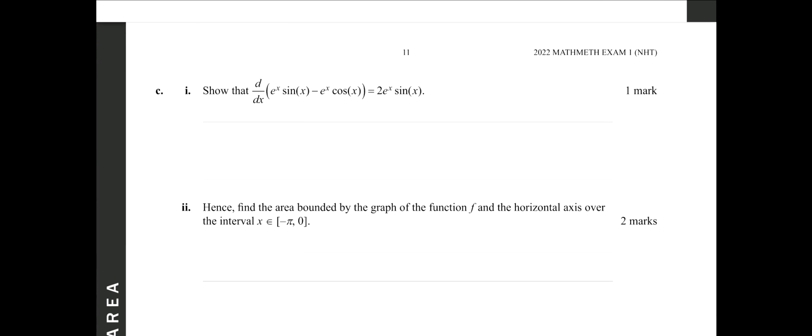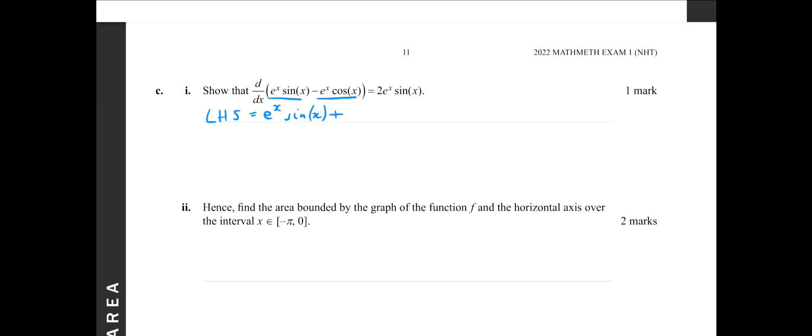Right, C part 1. Show that d/dx of e^x sin x minus e^x cos x is equal to 2e^x sin x. So this one is basically a derivative where we need to work out the derivative of the left-hand side. So what we're going to do is say LHS equals, and just jump right into the derivative. We're going to use the product rule on this and on that, and be careful with some brackets as well. So differentiate the first times the second